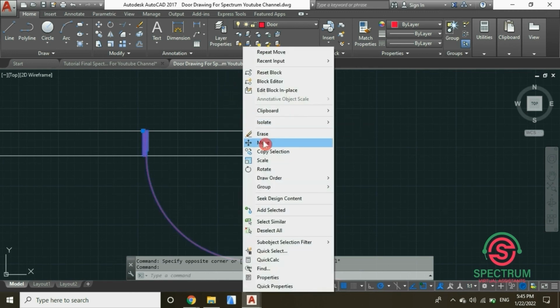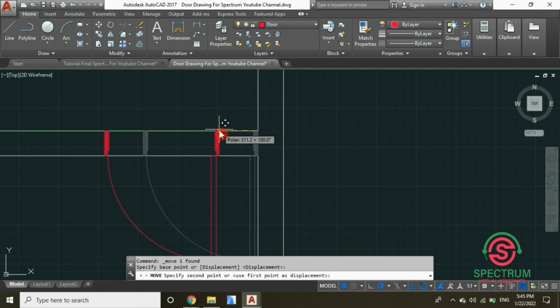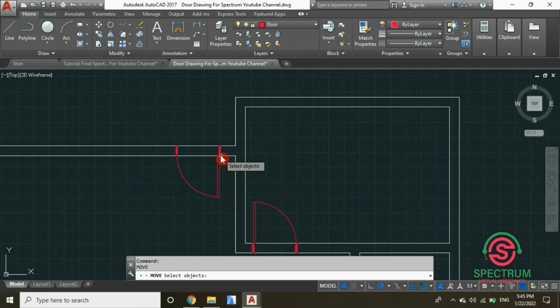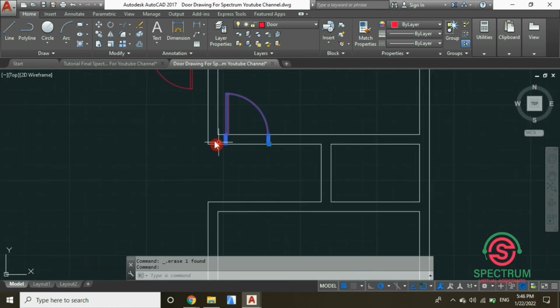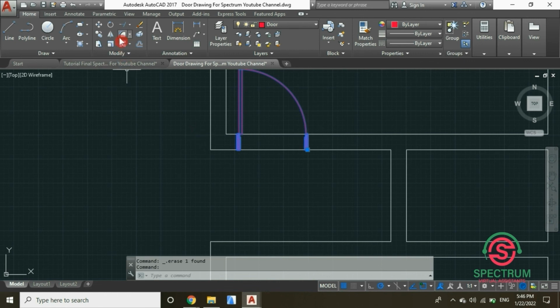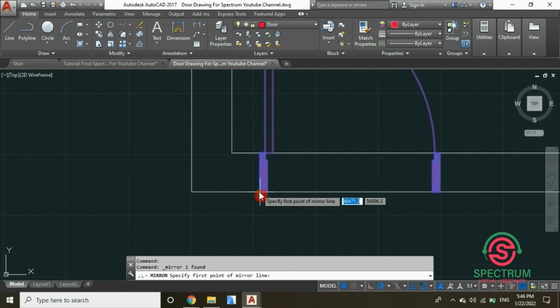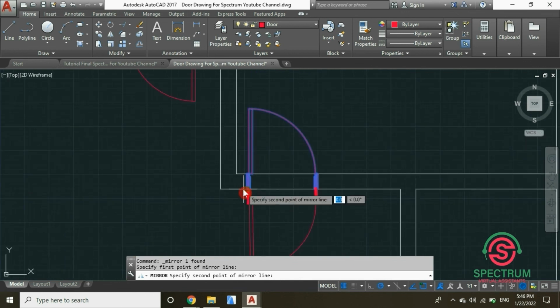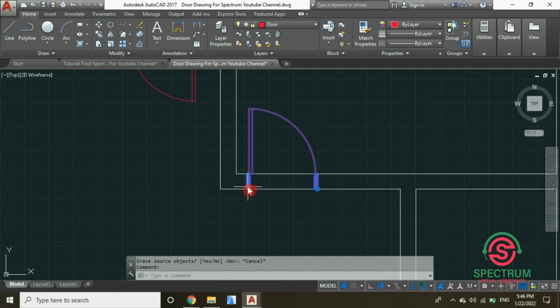Click on it, move it to this point. Now let's place another door, mirror this door, and then mirror that door,